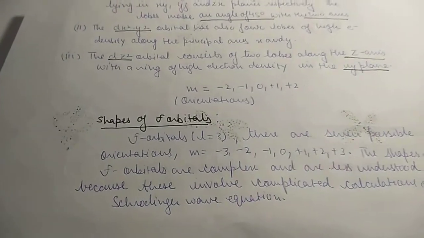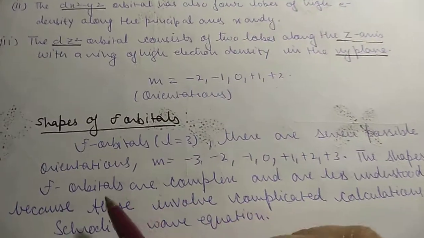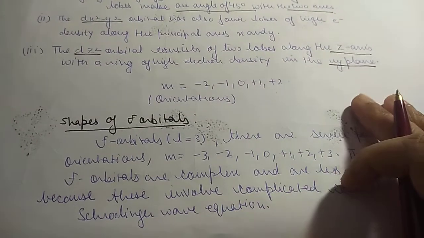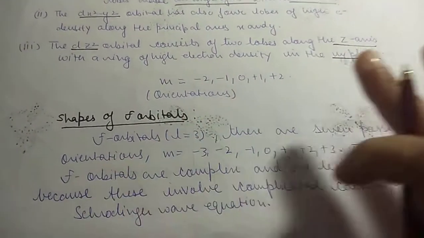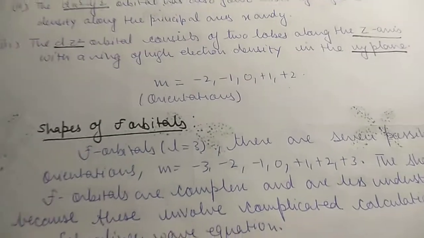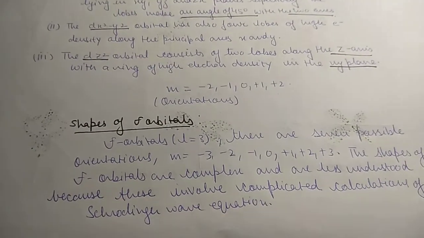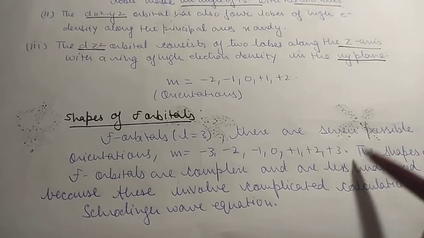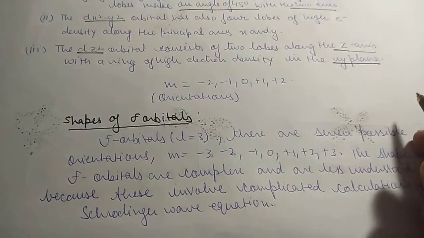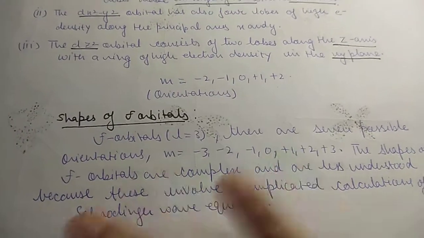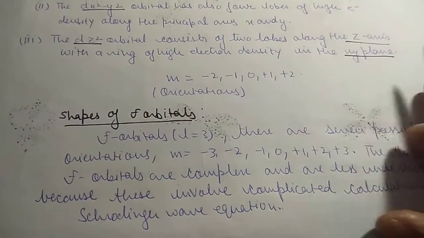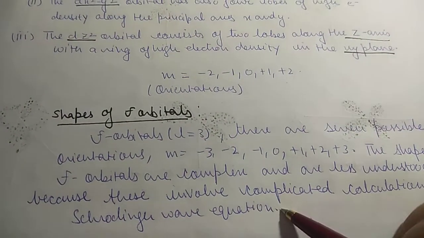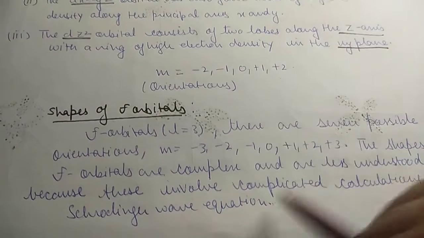So the shapes of the f orbitals can be shown in 3 dimensions if we have a screen, I would like to say screen, they can be better explained in that. So if you just want to go through them, they have diffuse shapes, not proper shapes. F orbitals are diffused in nature to a great extent. So you can go through there.